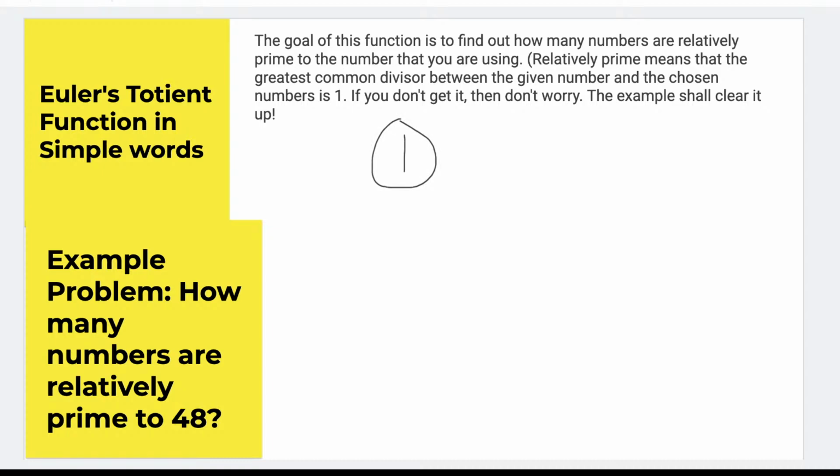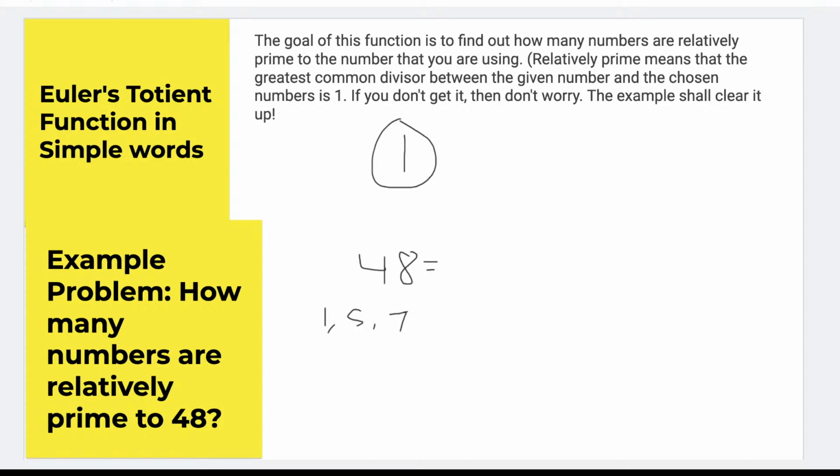So pretend we want to find out the number of numbers that are relatively prime to 48, and we'll do that by looking at the numbers below 48. So maybe you're going to start out by listing 1, and then you see 2 doesn't work, 3 doesn't work, 5 doesn't share. 5 has a GCD with 48 of 1, 7, but this is going to take way too long, and you might make a mistake. But Euler's totient function states that you first take the prime factorization, and 48